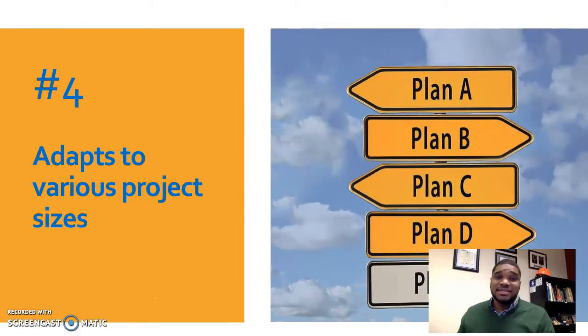Lastly, number 4, adaptable to various project sizes. The critical path method is able to fit both small and large projects. Once you get the hang of it, you're going to want to use it on every single project that you have. It's going to become second nature. The ability to track your work, your schedule, and how it will benefit the cost savings to your company. You're going to want to incorporate it again on whether you're working on a project that's $10,000 or